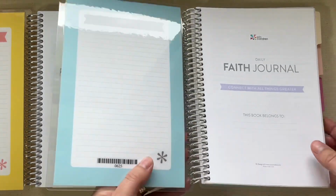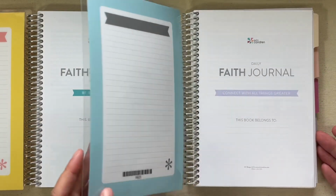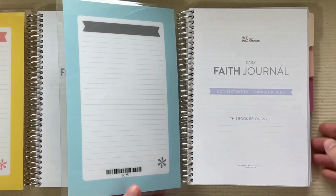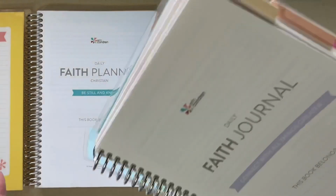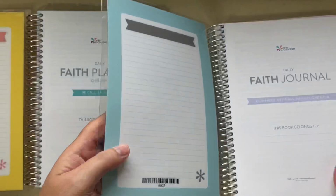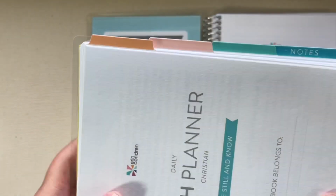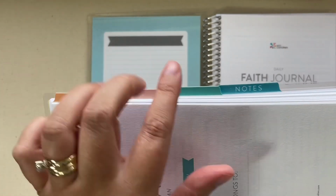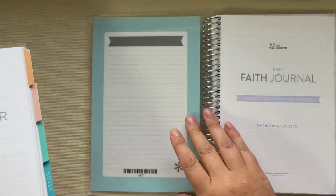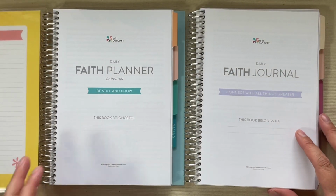So right away, you'll see that one of the differences is the color scheme going down the side. This generic faith journal has an ivory, a peach, a pink, and a purple tab. And then the Christian Faith Planner has a tangerine, peach, pool, and turquoise for the tab color. I'm going to go through these side by side so that we can take a look at the